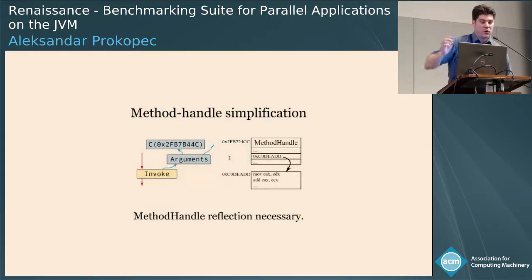And now, of course, if you have this in some very hot code, you want to inline the code inside the method handle. But the problem is, even though you know that this object is constant, you don't know actually what code it's pointing to, because a method handle itself is a wrapper around other code. So if you inline invoke on a method handle, you will be inlining the code that says load something from a field and jump to a target address. But this loading from a field and jumping to a target address is essentially dynamic dispatch again.